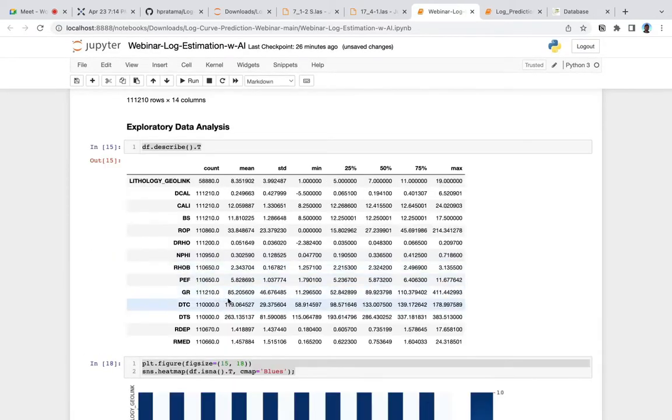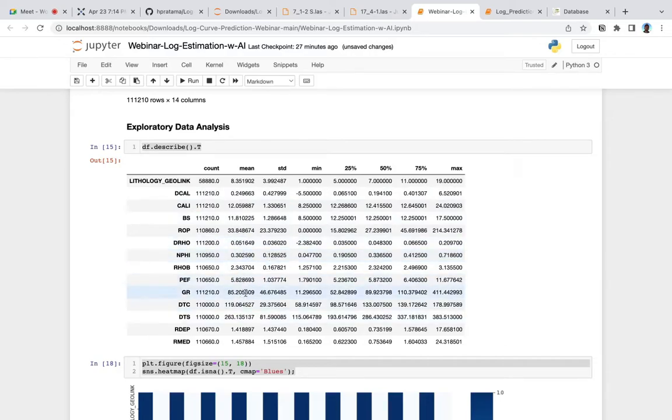RHOB and GR have different ranges of value, where the RHOB mean is 2, and for the GR or the gamma ray it is 85, which is a big gap in the range of the value. Like this one also, for the DTC it is 100 something, and for NPHI it is 0.3.